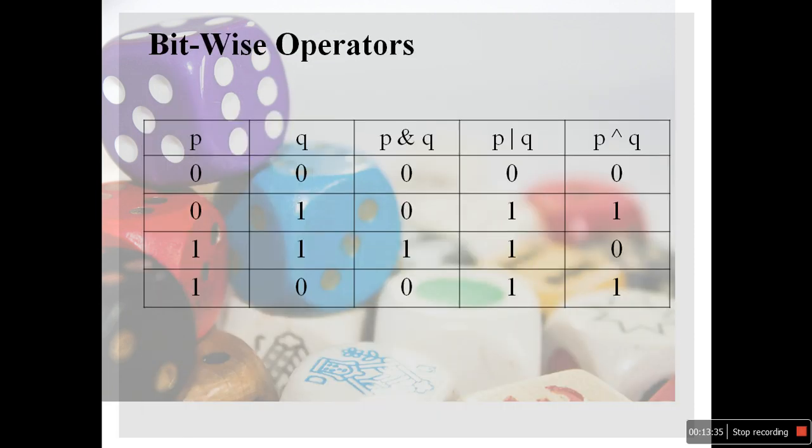Next is the bitwise operator. The bitwise operator works like AND and OR gates. We know the condition of the AND gate. If any input is 0, then the output is always 0. If both inputs are 1, then my result is 1. So I can see p and q are 0, so my result is 0. If one value, q, is 1 and p is 0, my result is also 0, because p contains 0. If both contain 1, then my output is 1. 1 and 1 is 1, and 1 and 0 is 0.